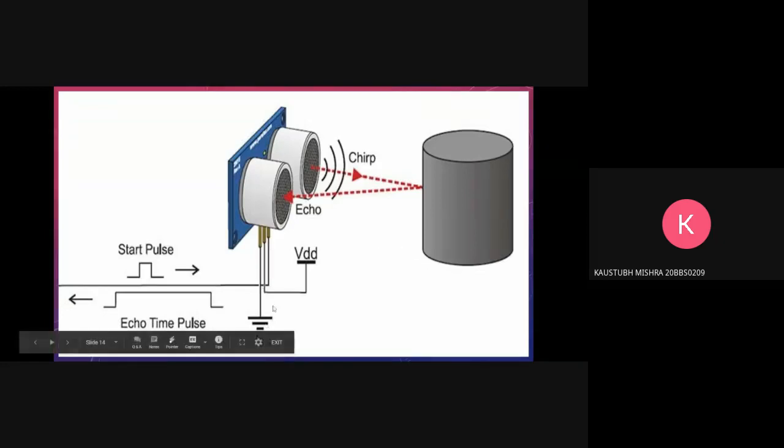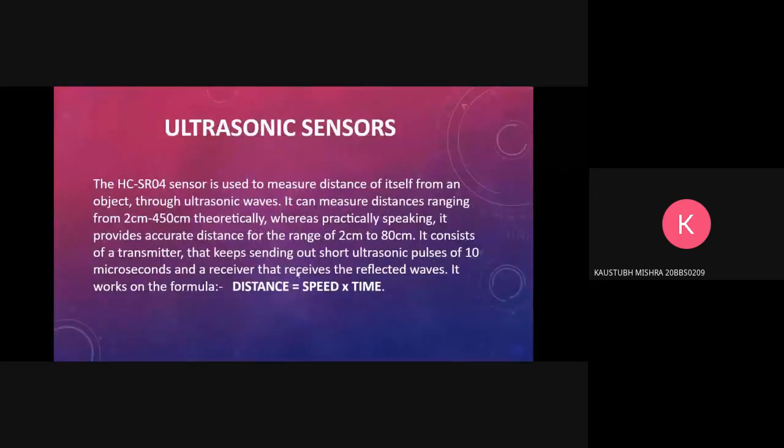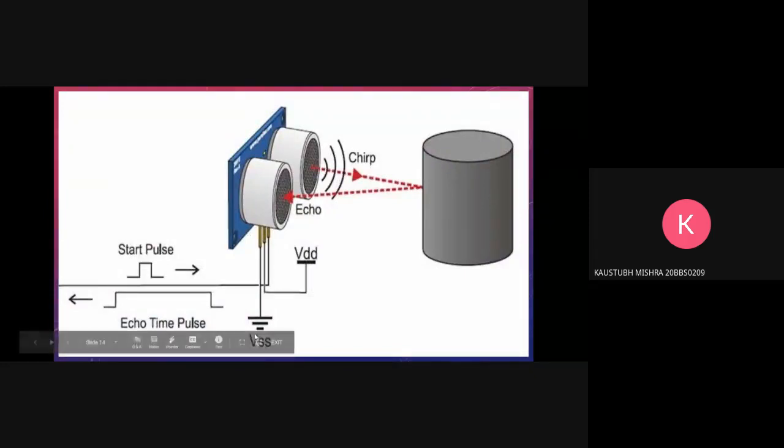Now you can see all this stuff, VSS, VDD, really complicated looking stuff. But it's actually really simple. We all know this symbol. It is the ground. Just for electrical safety, it is connected to the ground. And VDD, it's an electrical component, so obviously it needs power to work. So this actually is connected to a 5-volt supply. And then your ultrasonic sensor is ready to function.